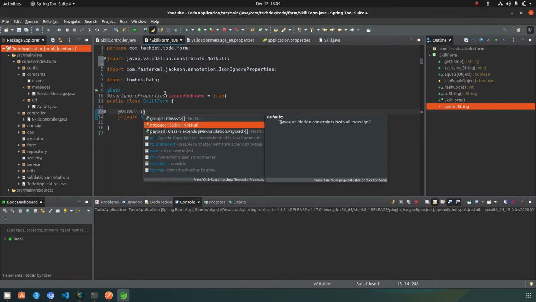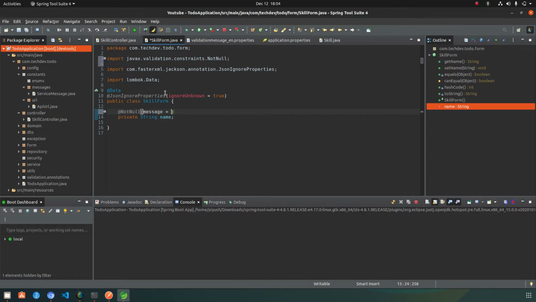Regarding this attribute, message will be the attribute. Suppose I give a null value to the skill name, what validation message do you need to pass to the client side? Let's say I need to give a message to the user: if the user passes skill name as null, then I need to send a message that skill name cannot be null.